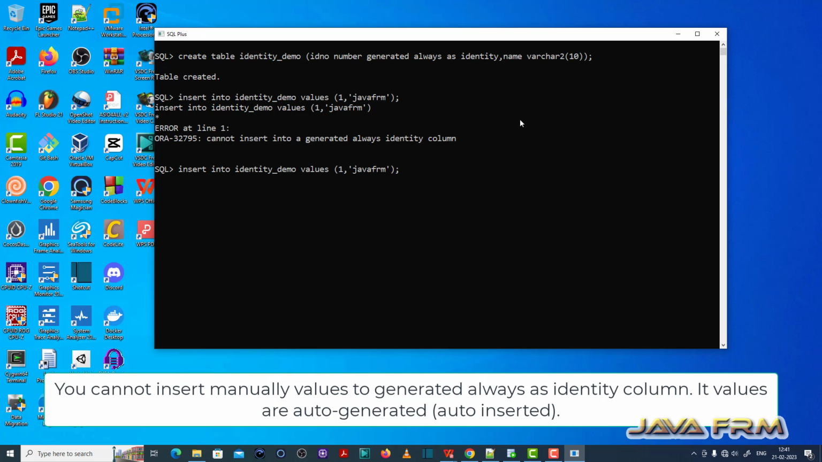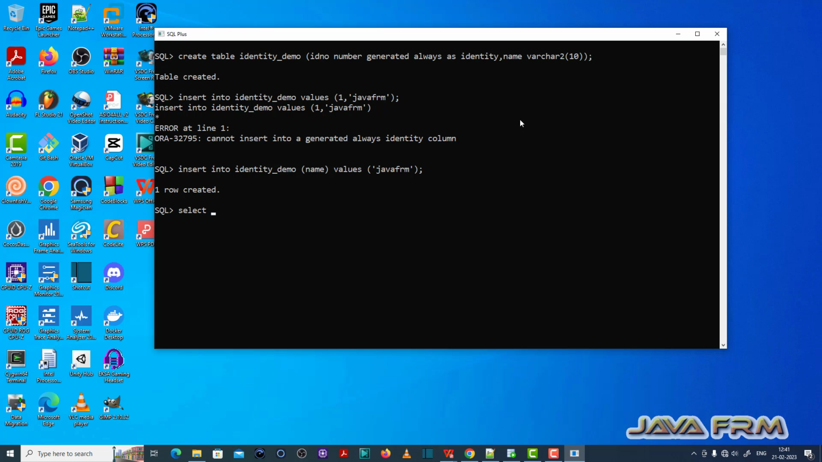So the problem here is that I tried to insert into the auto generated identity column, which is not allowed. You can insert only columns which require manual insert. The name column you can insert manually, so that requires manual intervention. The ID number column is an auto generated column, so you cannot insert into it manually. That is the cause of this